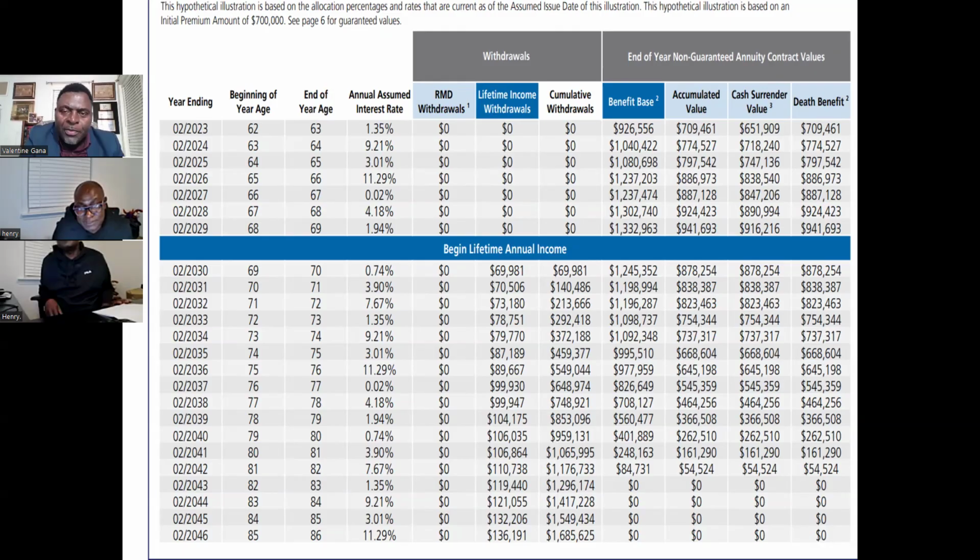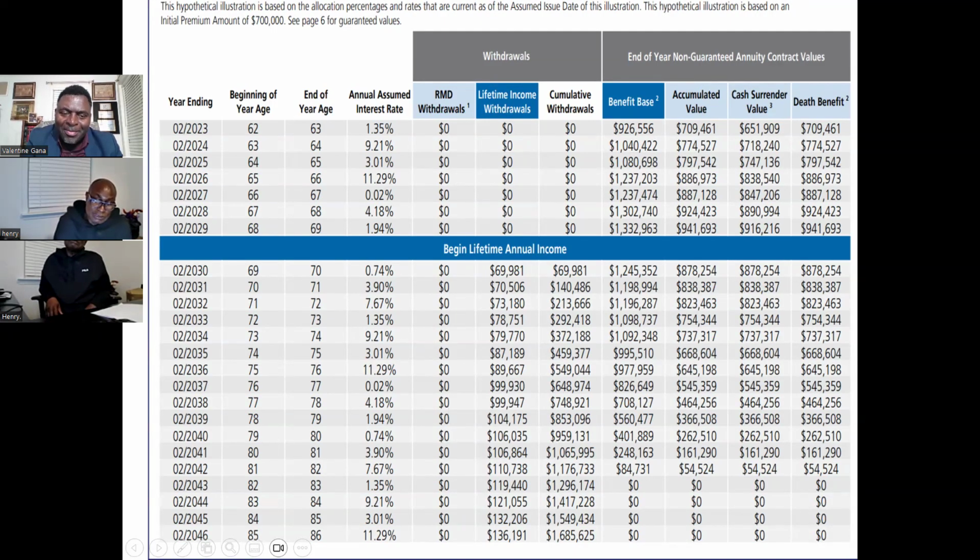Yeah, if anything happens, for example, say if you take the money out, then you did not really gain. For example, by year 1, the death benefit, say if you die, it's 709 that they pay. That's 9,461 dollars gain for the whole year, which is still not bad compared to nothing. Correct. So that person must try to stay alive for 7 years to get something better from it.